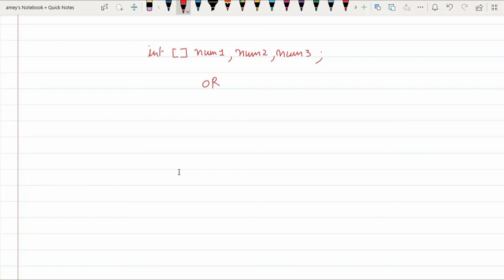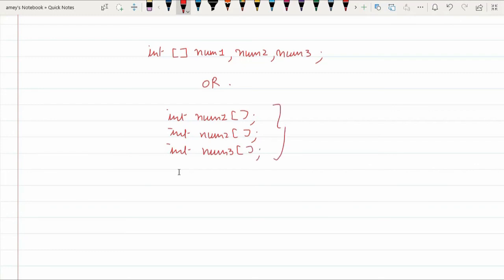This actually means you are creating num1 as one array, num2 as the second array, and num3 as the third array.